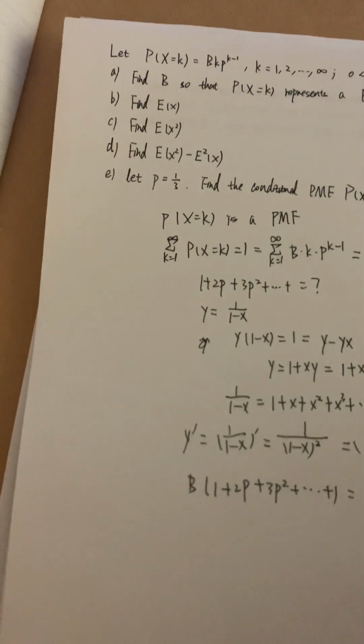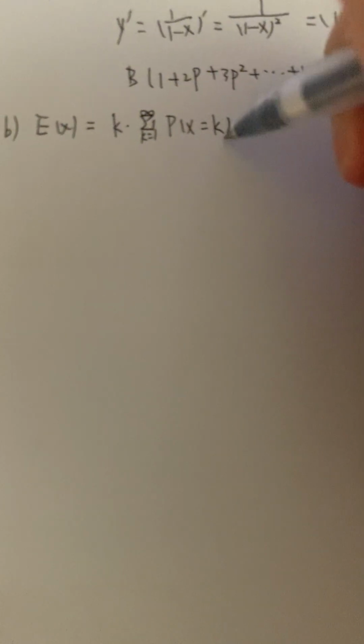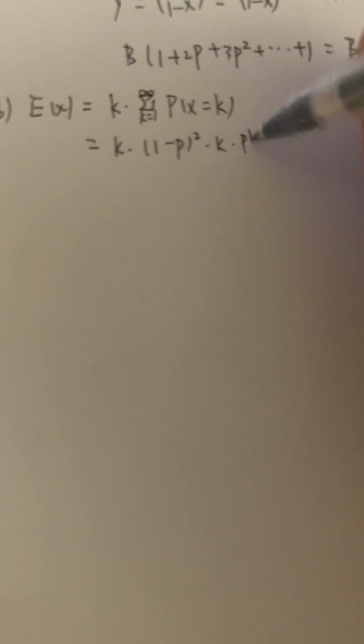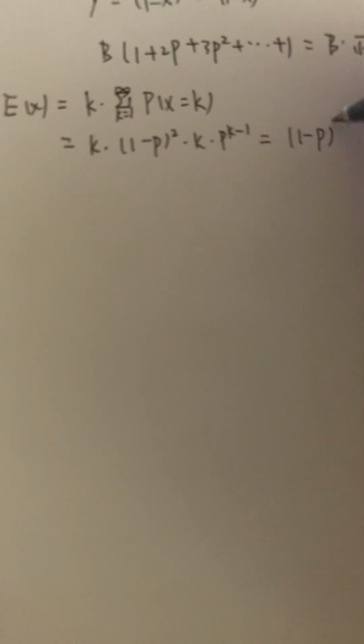So let's see the second problem. We want to find the expected value of X. So we should know the formula for the expected value of X. The expected value of X is equal to the summation over k from 1 to infinity of k times P(X = k), which is equal to k times (1 minus p) squared times k times p to the power k minus 1, which is equal to (1 minus p) squared times